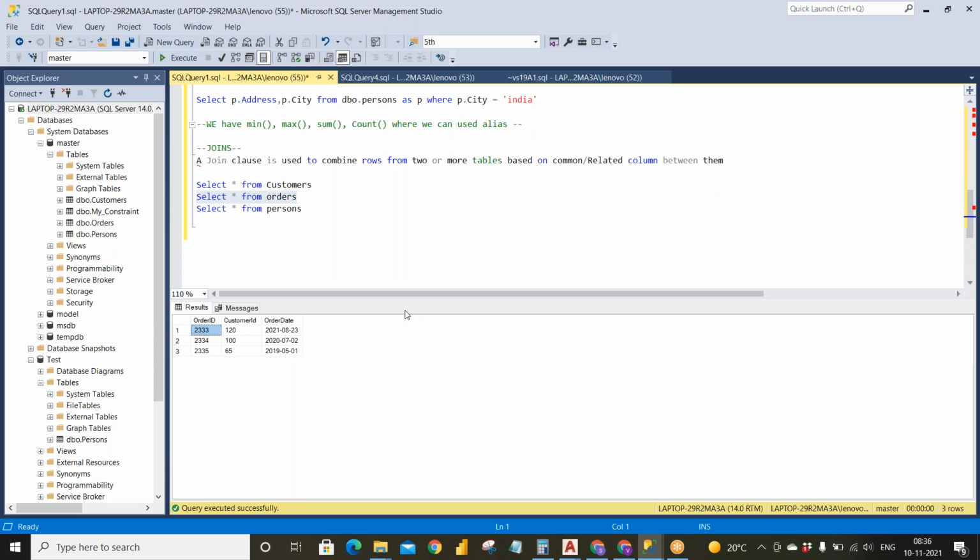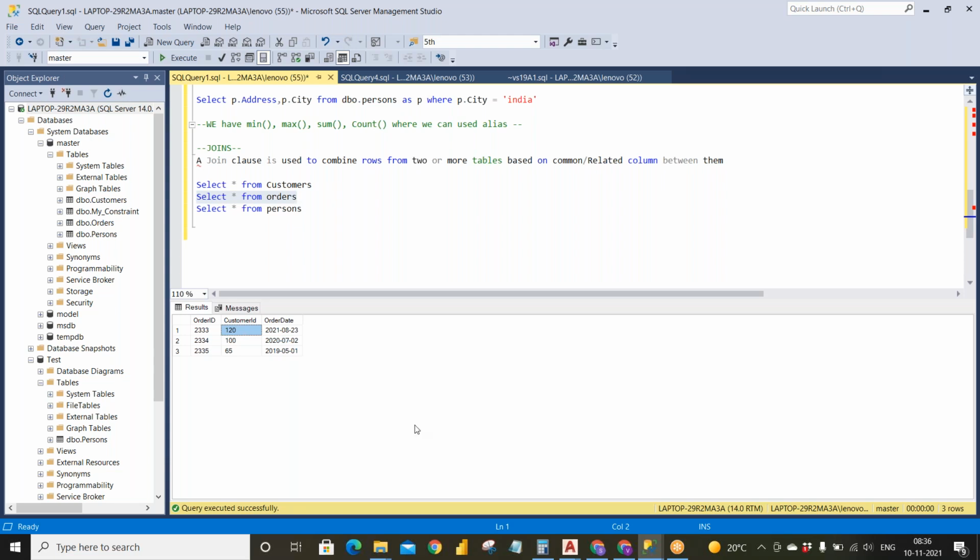Is there an address column in this particular table? There is no address in this table, but for this order ID we have a customer ID, right? So for this customer ID, in another table we have the data of this particular customer. So we'll see whether we have the data of this customer in another table.